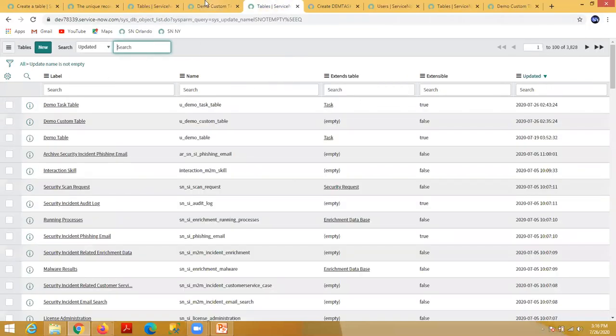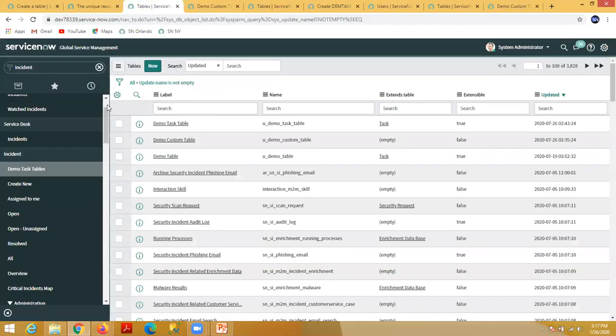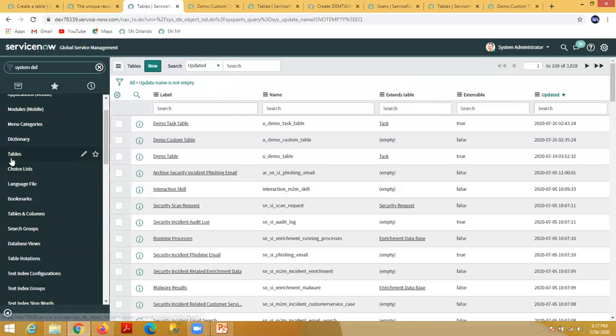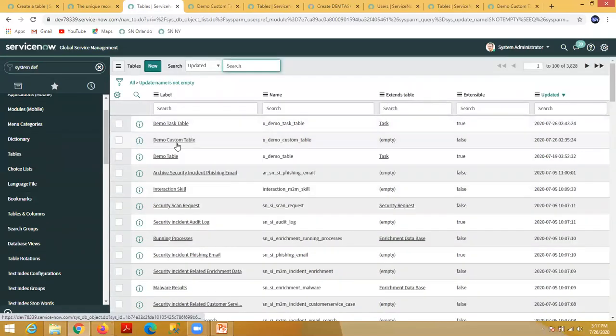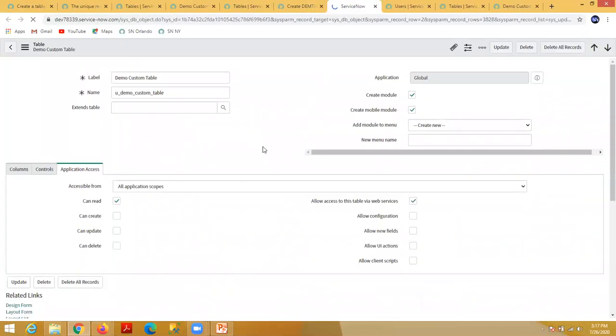So what you can do, there are two ways. One is this: you can go to system definition and change the table attributes here, if you want to change some details or anything else.